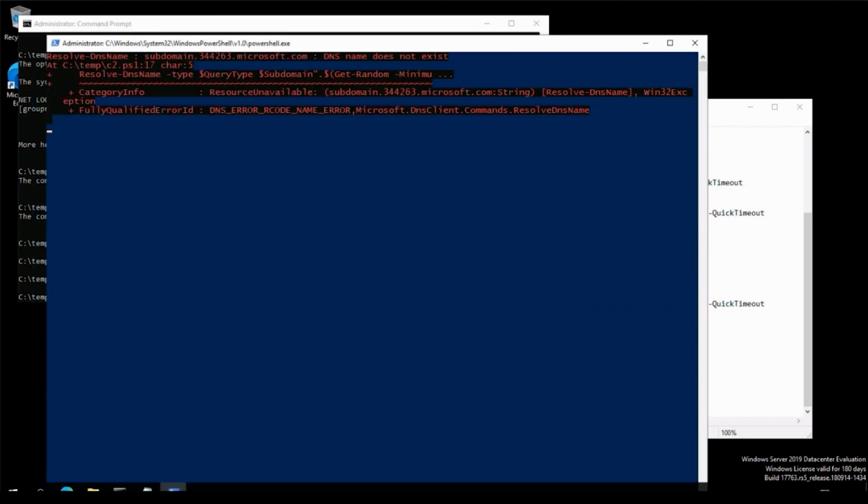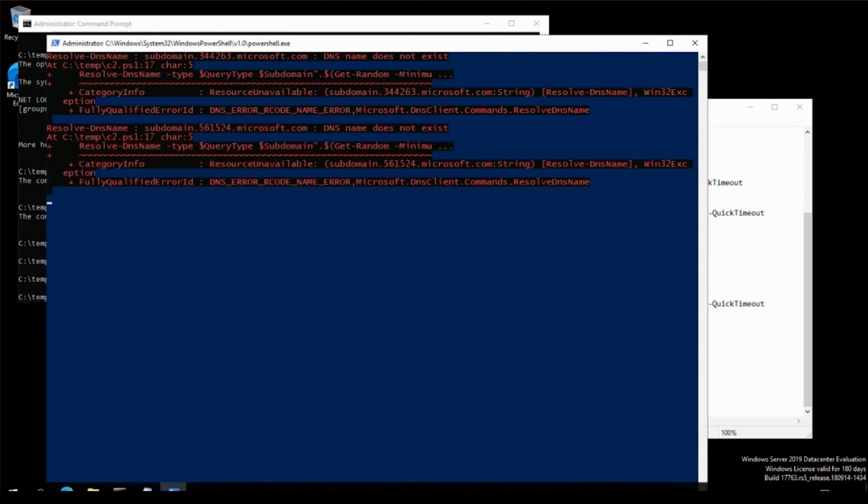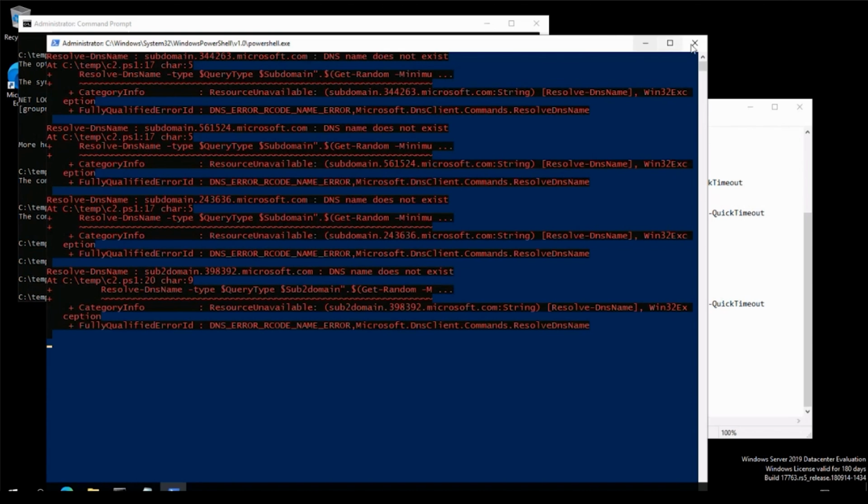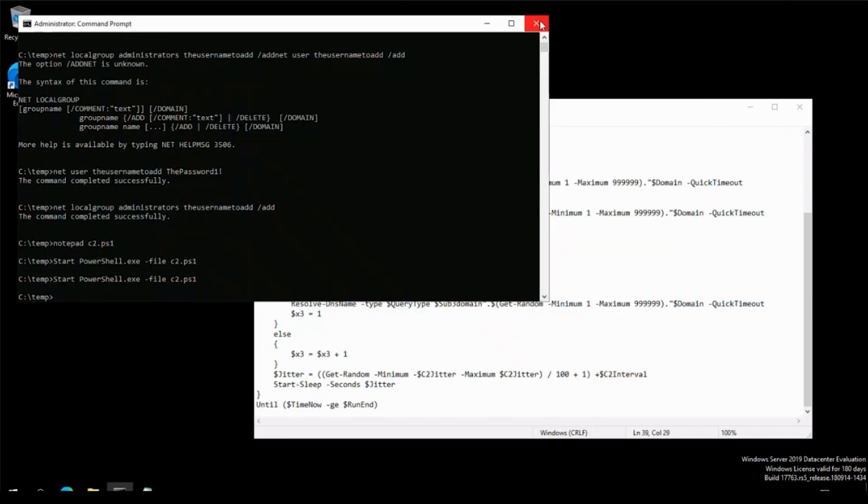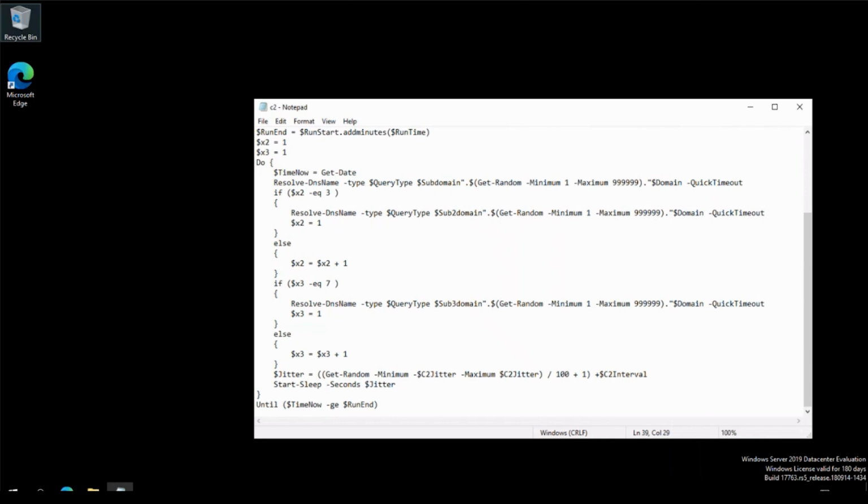Now, if you notice here, the error, this is perfectly fine for this. This is expected here. What we're doing here is essentially going in and trying to attack DNS. So this is another type of attack that we've created here. Now that I've gone in and generated some log entries, you see here it's still running. Now let's go back to the other machine that we were on.